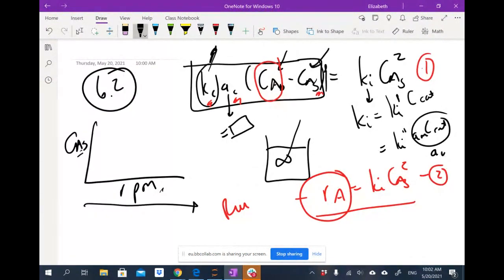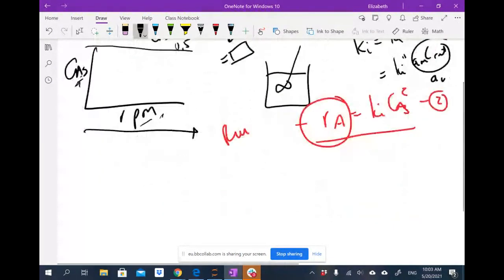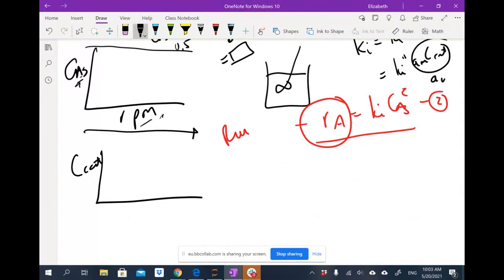I want you now to show me, and you can qualitatively say, this is CA bulk, at 0.5 moles per liter or per cubic meter, I can't remember. What's going to happen with CA surface plotted as a function of the RPMs? And also, another challenge question, if you're done with all the TUTs: